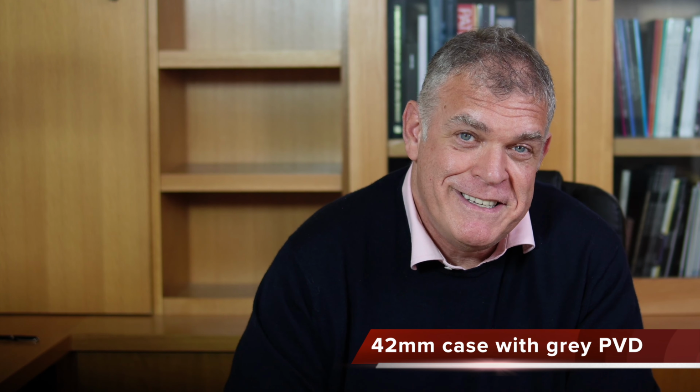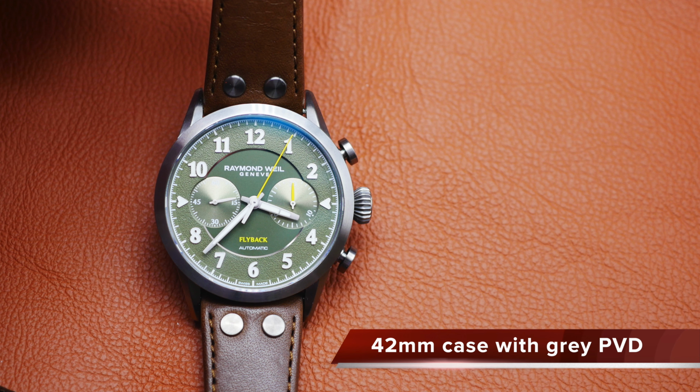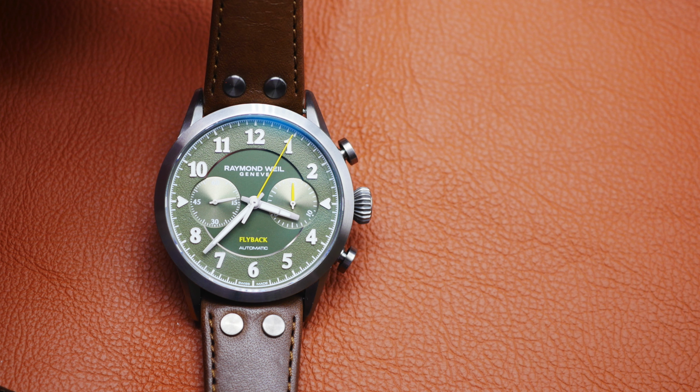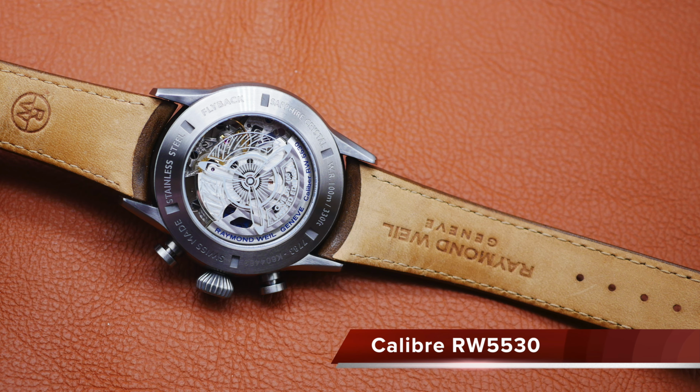Measuring 42 millimeters in diameter, the case of the Raymond Weil is stainless steel coated in grey PVD. This latter treatment endows the model with a vintage aesthetic. The watch comes supplied on a brown calf leather strap, featuring 4 rivets, again a detail found on 1930s watches. To the rear of the watch, a pane of sapphire crystal affords partial views of the movement. The brand has chosen to apply a propeller motif to the sapphire, which is okay, but it does inhibit viewing